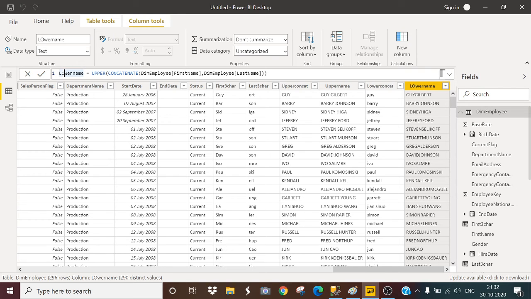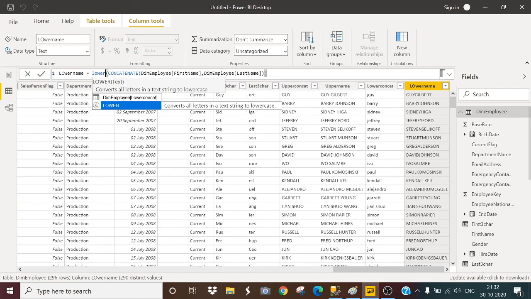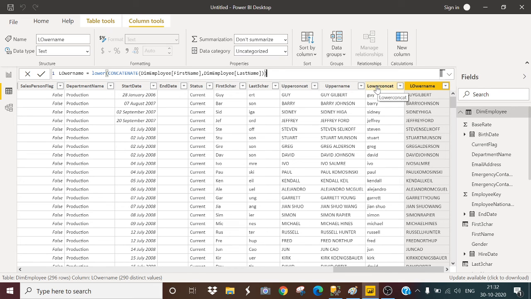Let me recheck why it is not giving the spacing. I have used the upper function here by mistake, so it will be lower. And here I have also made a mistake: I selected the first name, instead of which I have to select the calculated column, which is lower concat.